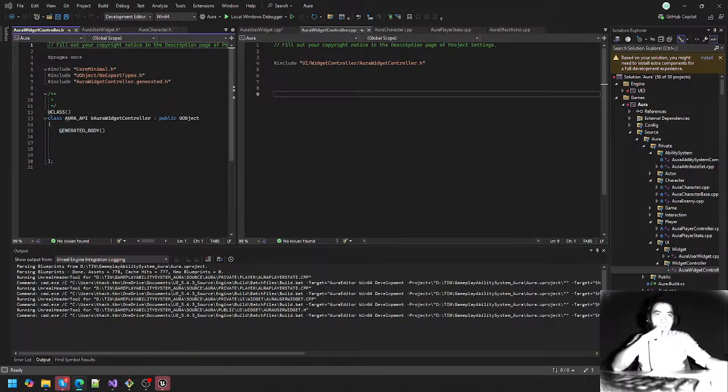So I'd like to make a protected section, since any child classes of AuraWidgetController are going to want to access these to get data from them or to subscribe to delegates broadcast by them. And those 4 objects are going to be the player controller, so we'll make a TObjectPtr of type APlayerController, and we'll call this PlayerController. And this gets a UPROPERTY. And I'm going to give this a BlueprintReadOnly